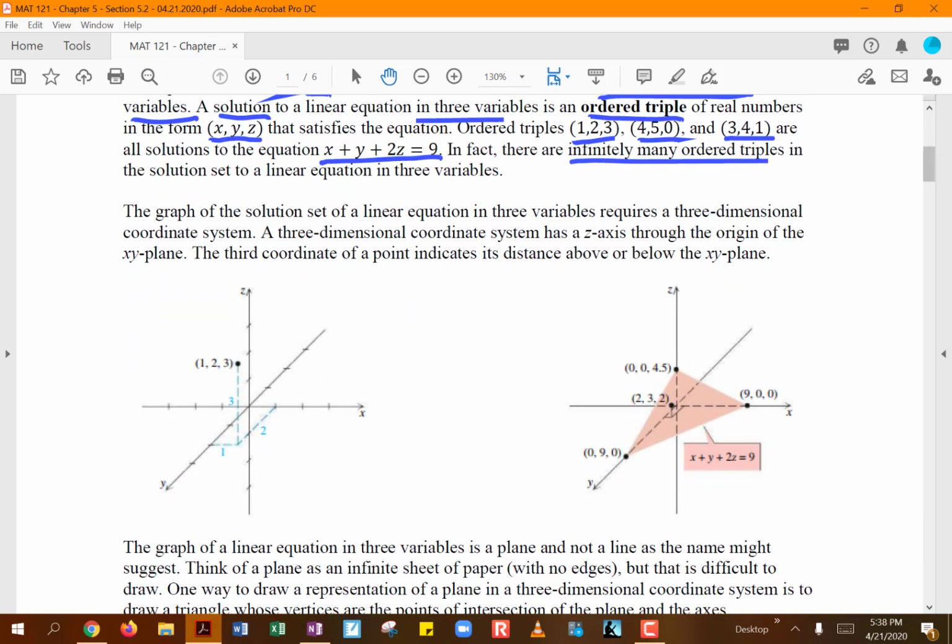Now, when it comes to the graph of these, like I said, they will not be straight lines. What you're actually going to have, because we have three variables, is that we are going to need a three-dimensional coordinate system for each of those variables. We are going to need an axis for each one. So what we are going to do is, in this